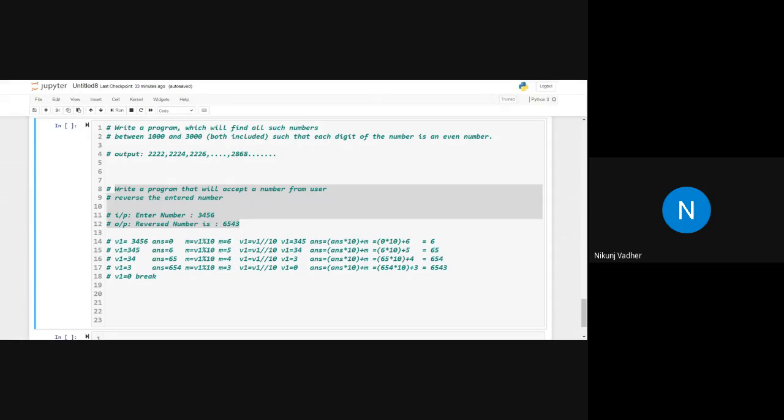Should we start with the discussion? How can we do it? This is very simple. It is just a combination of prime number and reversing the number. Can you listen to me? Am I audible to all of you? Should we start the discussion with the solution?